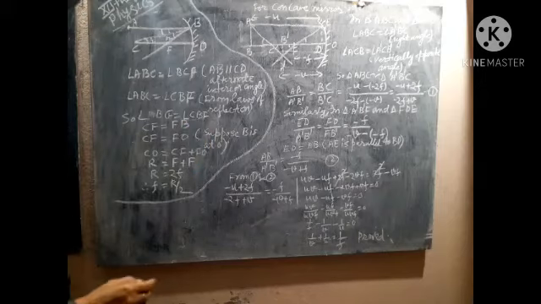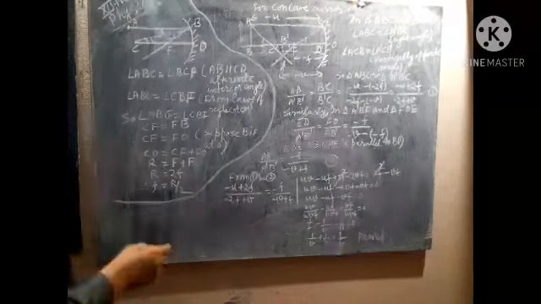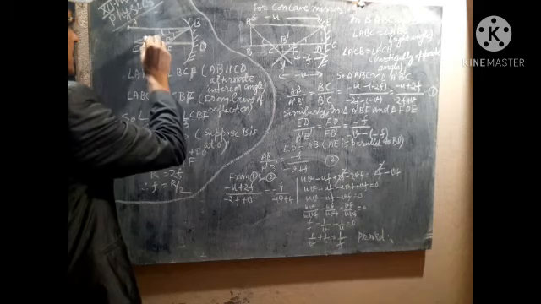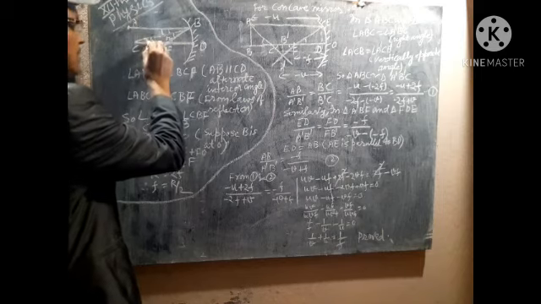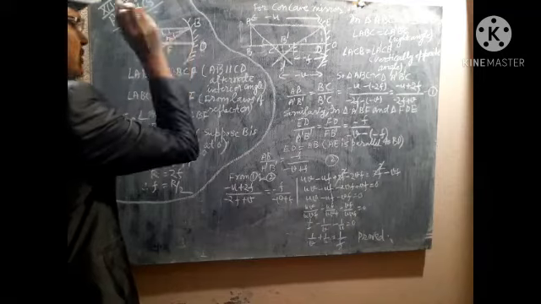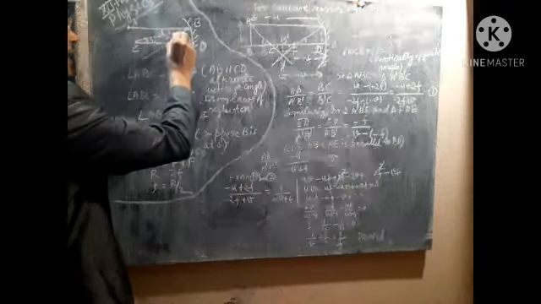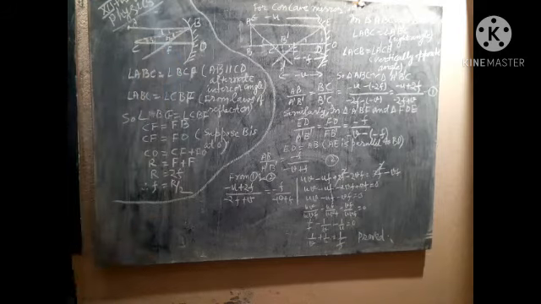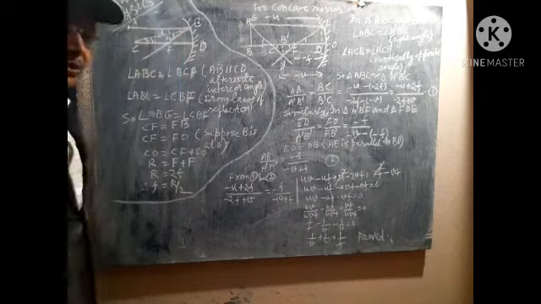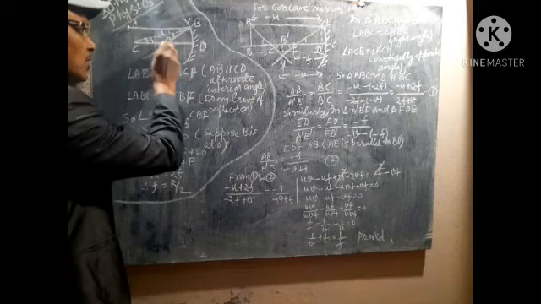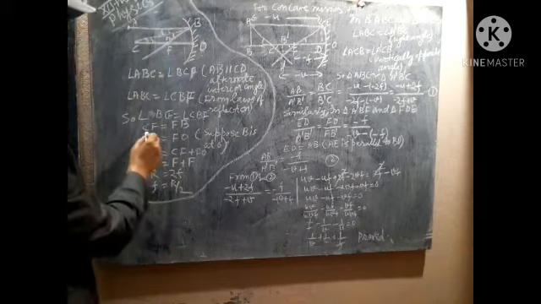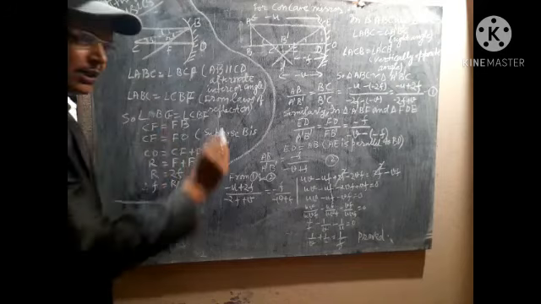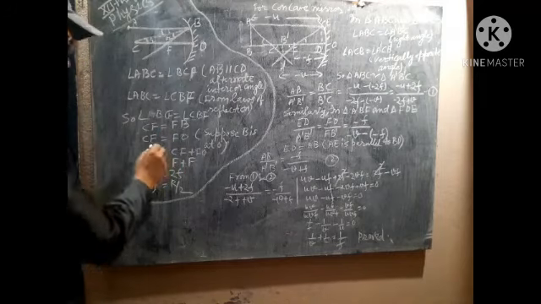Now one more thing you should keep in mind. Here you are observing this angle I, and in front of this angle I is the line BF. And in front of this angle R is the line CF. If angles are equal, then certainly you know that sides will also be equal. So what have I written? CF is equal to FB, since angles are equal, so sides will be equal. There will be no problem.